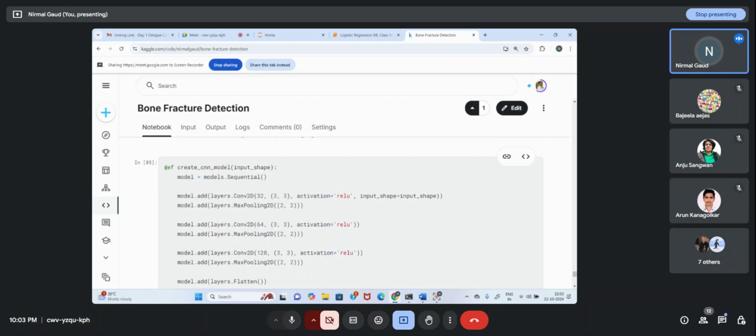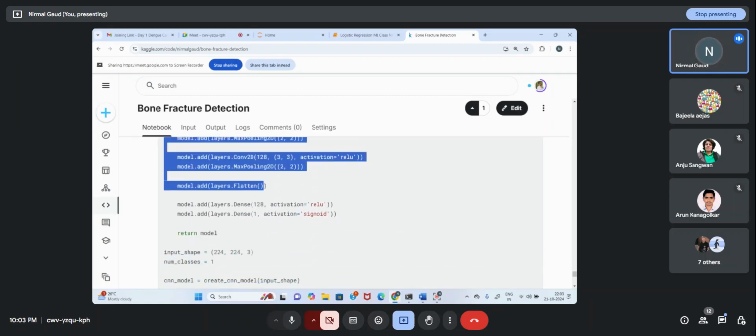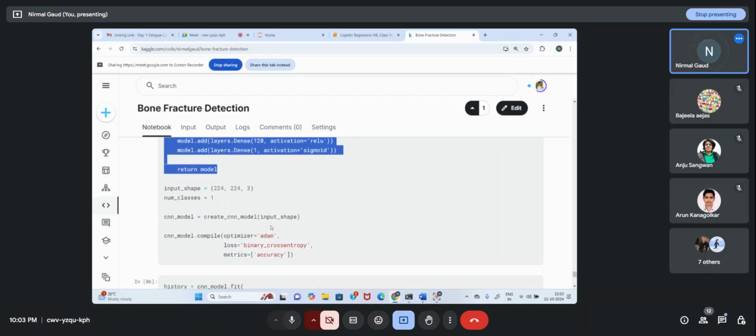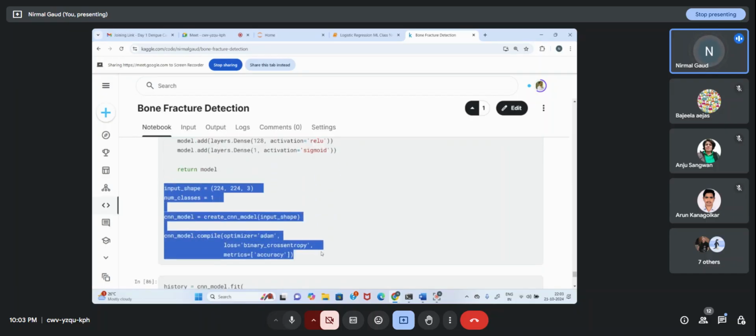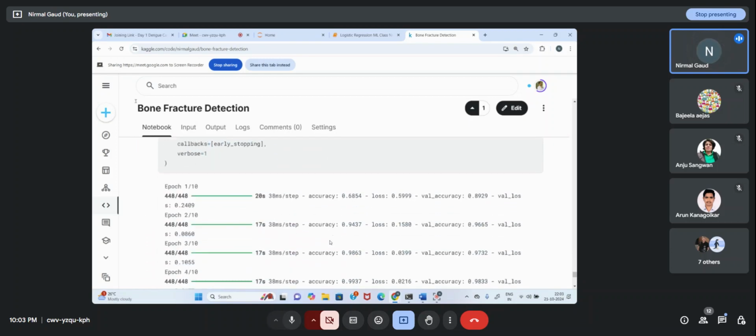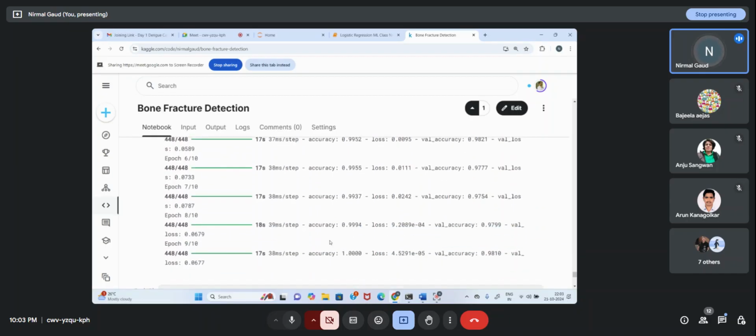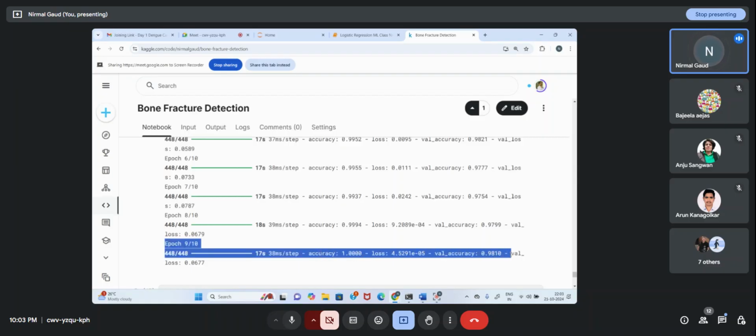सो अगेन मैंने सेम आर्किटेक्चर कंटिन्यू किया। मैंने बोला सेम आर्किटेक्चर कंटिन्यू करते हैं, RGB कलर में चेंज कर देते हैं और ट्राई करते हैं, लेट्स ट्राई विद द सेम थिंग बट विद RGB। अगेन मैं रिजल्ट देखकर खुश था, 100% accuracy. You can see at ninth iteration I am getting 100% accuracy and validation is also 98. फिर ओवरफिटिंग यहाँ तो नहीं दिखा रही, नॉट शोइंग ओवरफिटिंग हियर।